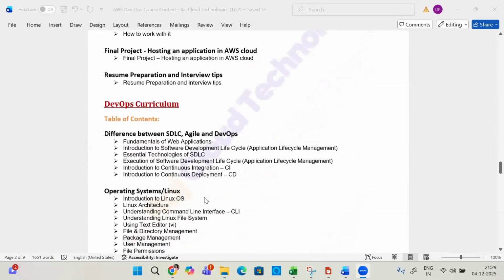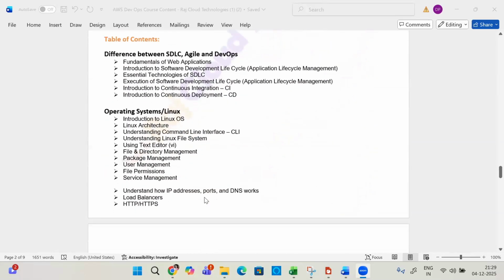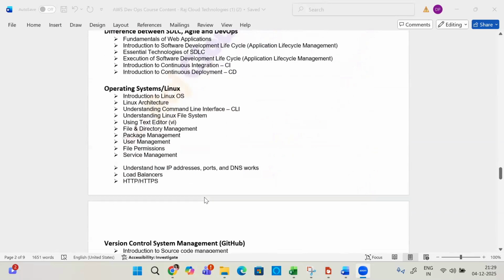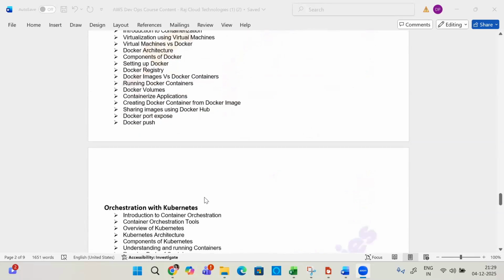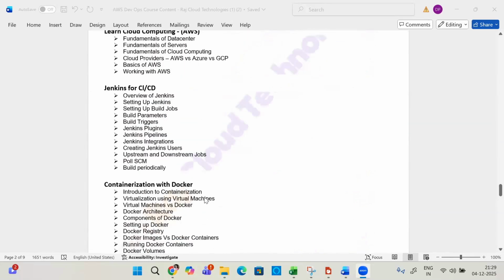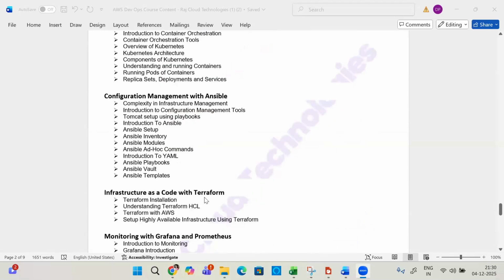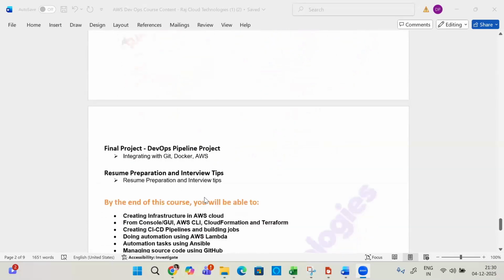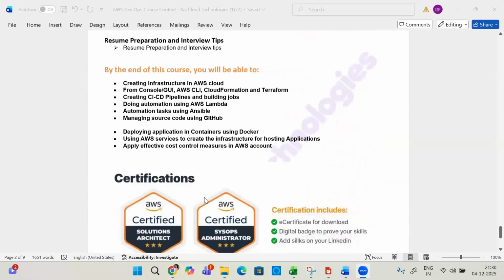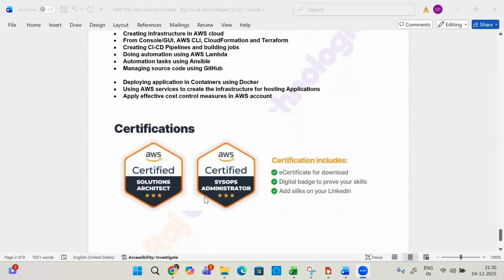Then we have the DevOps curriculum, again basics of DevOps. Linux will be there, GitHub, Docker, Jenkins, Kubernetes, Ansible, Terraform, Grafana, Prometheus, Project. All these things will be covered, and this is the certification. I hope it's clear.